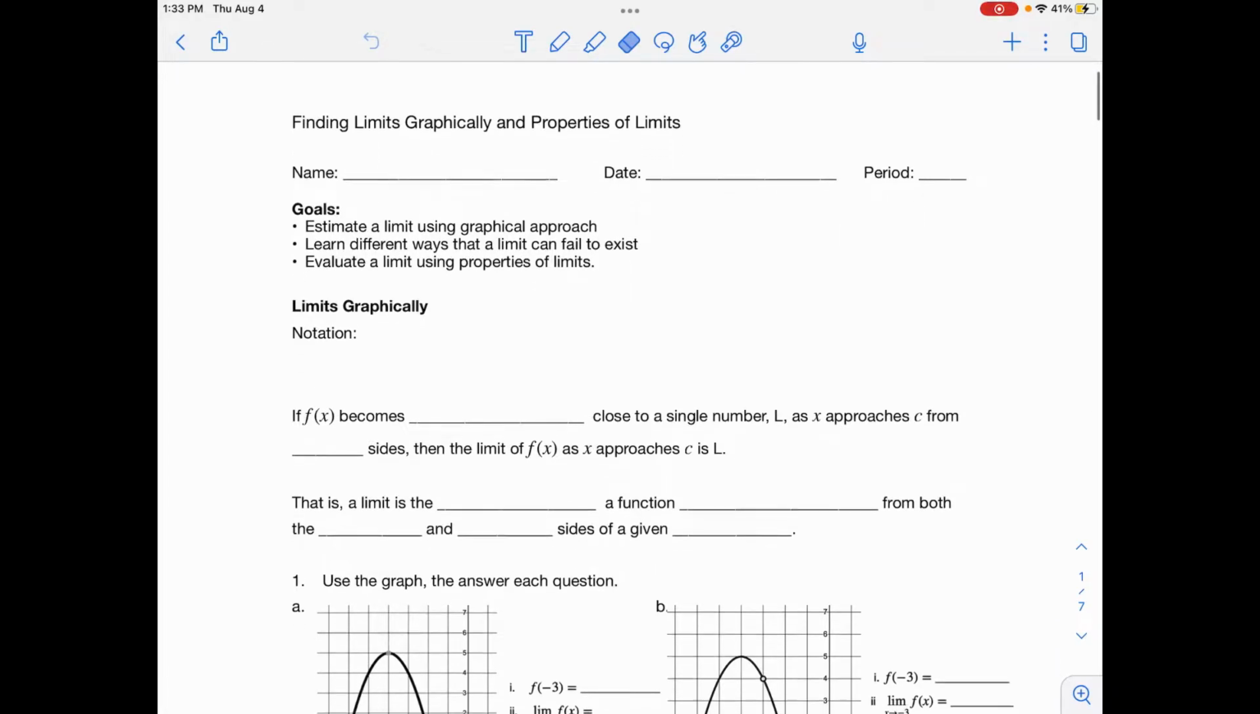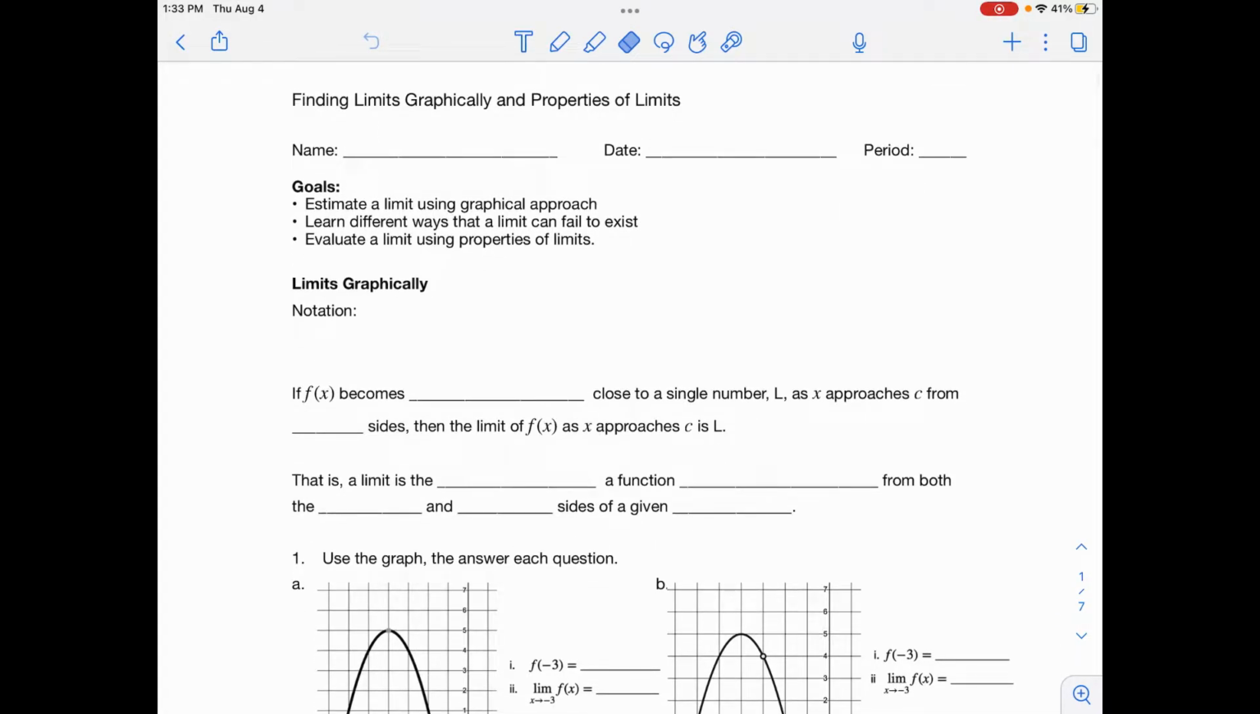Okay, so we are going to talk about finding limits graphically. And so this is our first topic of Calculus 1. Welcome to the class. First thing, before I talk about how to describe this and what is a limit, let's